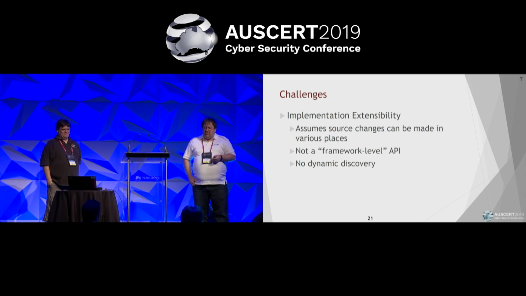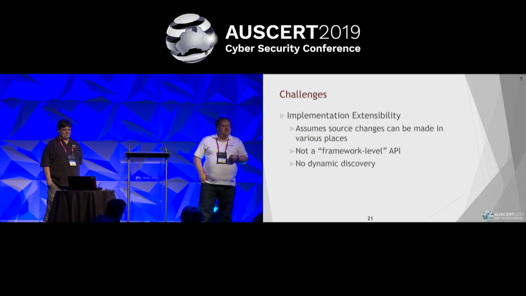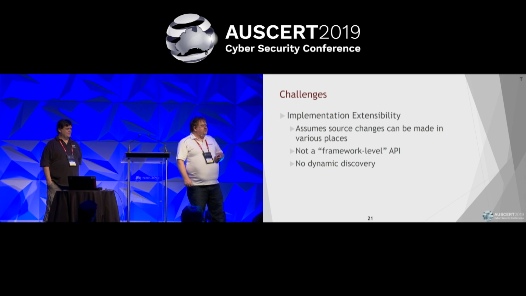So basically, we're not operating as a framework. We didn't previously see ourselves as a cryptographic framework environment. We saw ourselves as an implementation of a set of routines, and extensibility wasn't an objective. We also don't have the concept of dynamic discovery. When OpenSSL starts up, it knows everything that exists. There's no concept of somebody plugging some hardware in with additional capability. The APIs and the architecture just aren't designed to handle that.